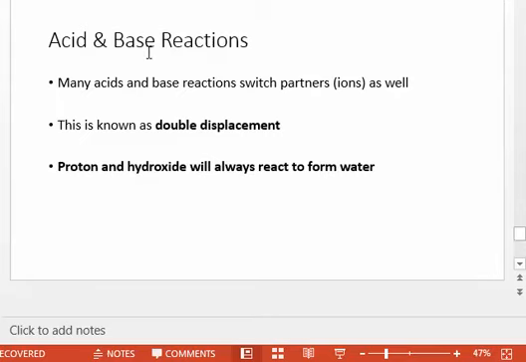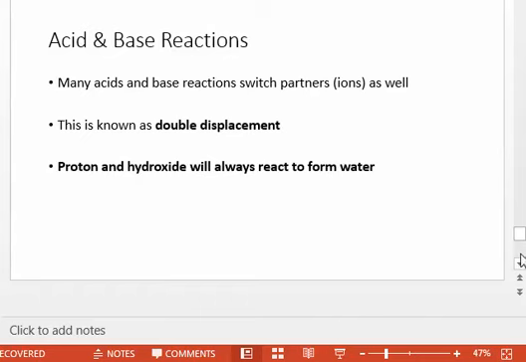When we consider the acid-base reactions or neutralization reactions at this level, we can think about these reactions much in the same way as we think about precipitation reactions, in that ions will switch partners to form the products. This general type of reaction is known as double displacement, and in an acid-base reaction, the acid will always provide a proton, the base will always provide a hydroxide, and these two ions, proton and hydroxide, will always react to